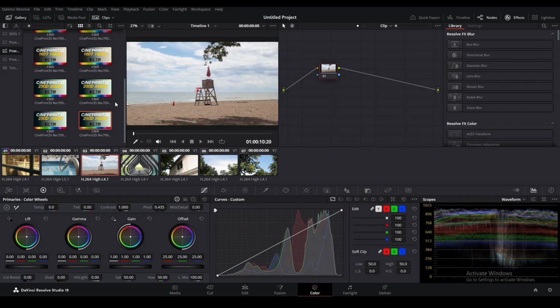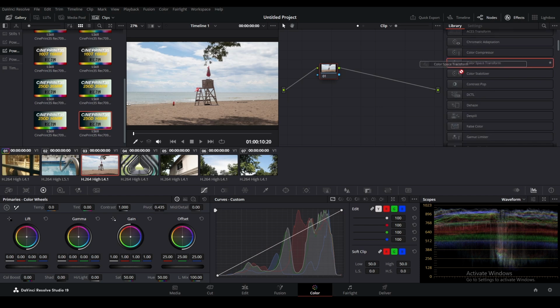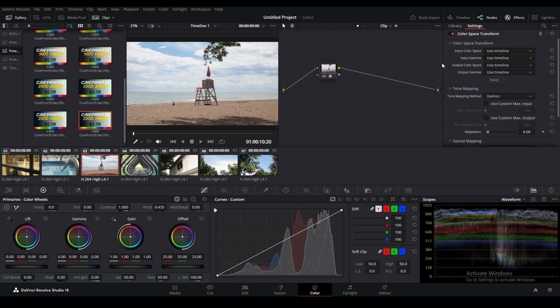And for this one, I will be using DaVinci's new film emulator. You're going to want a color space transform. Now I shot this on the Canon M50 Mk2. It's not for the Canon M50 Mk2 because that does not shoot any log. What I like to do here is